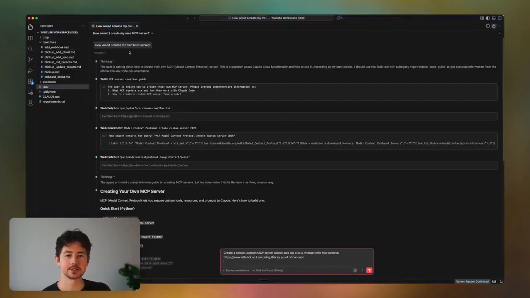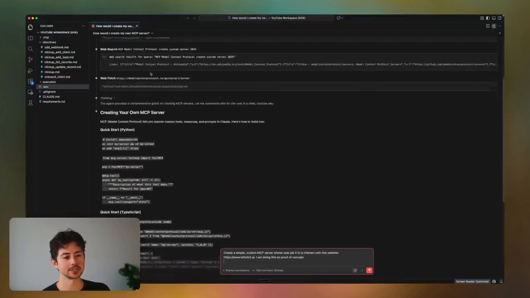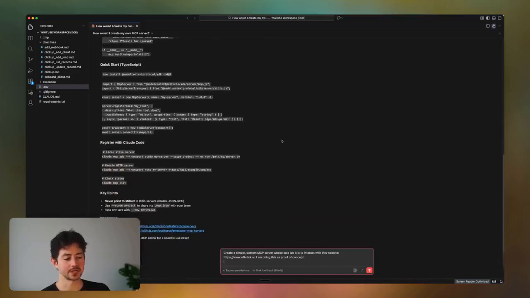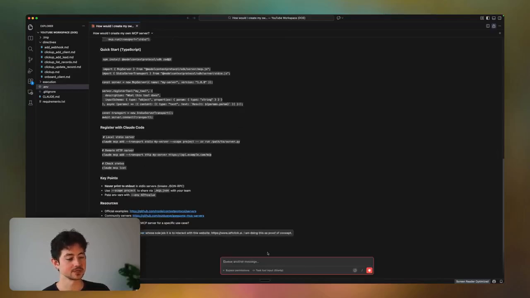Well, I didn't actually know until quite recently. I just asked how would I create my own MCP server, and now it's giving me a bunch of knowledge. Here's how to create your own server using Python. So hypothetically, just for the purposes of this demonstration, I want to set up a really simple MCP, one that just does something really straightforward. Just reads my website, maybe it has some information about my website, and then it just returns information about it. So I said, create a simple custom MCP server whose sole job it is to interact with this website,